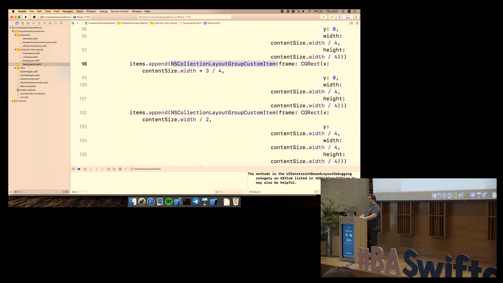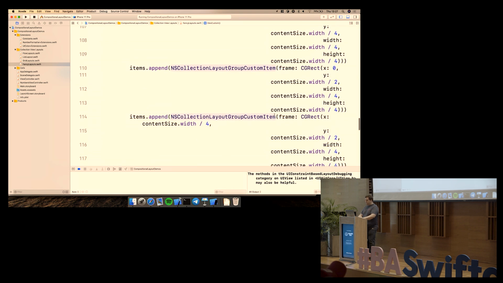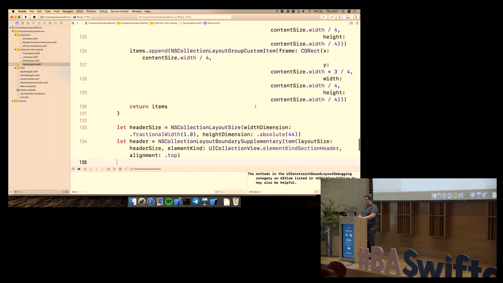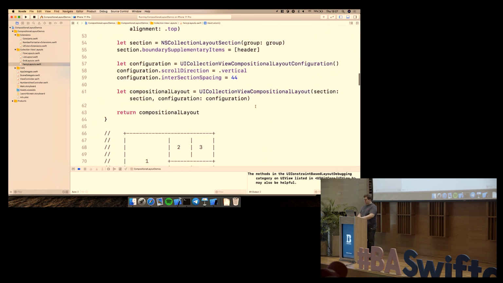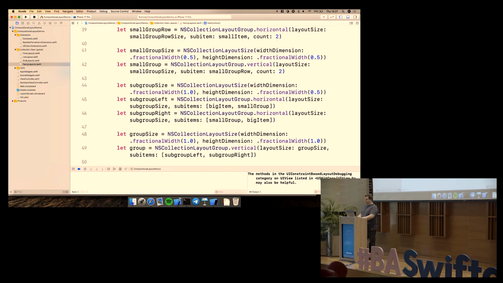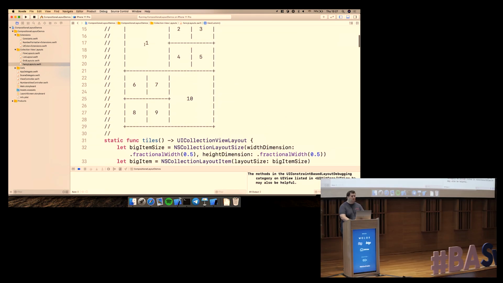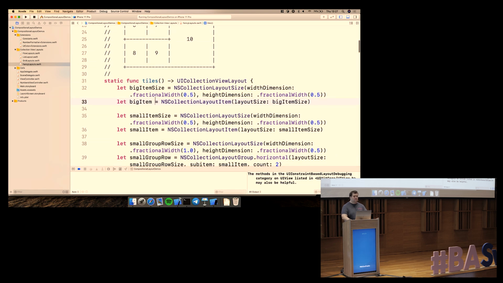Yeah, we have to calculate manually here all the NSCollectionLayoutGroupCustomItem for each element. We have to get a frame. That's basically it. So it's a lot of math, but nothing super complicated. The problem here is if we want to change something a bit, we have to recalculate almost everything. But with the first option, if we want to add, for example, a content inset in a particular element, we should go and say, okay, big item,